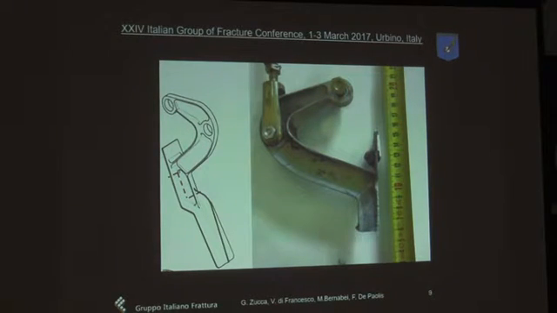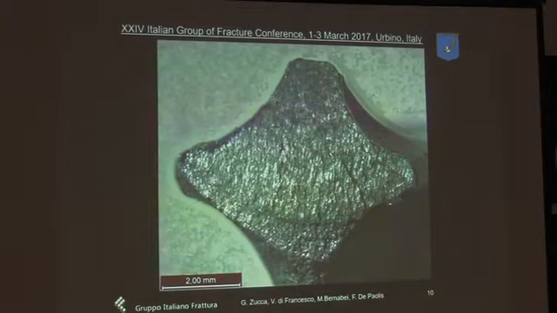What is not overload is the rear hinge. And we in some way expect this because this is the hinge that is responsible for the movement of the door by this leverage. So what we can see is a fracture surface that is very far from overload morphology,